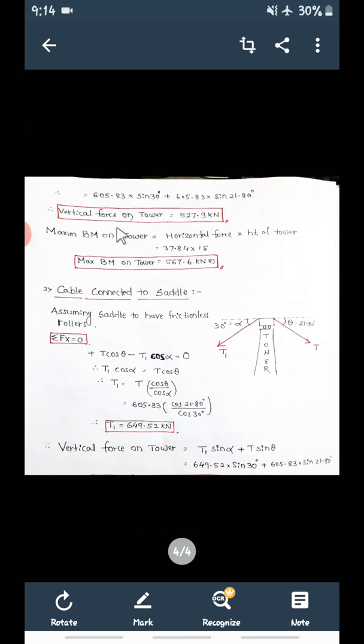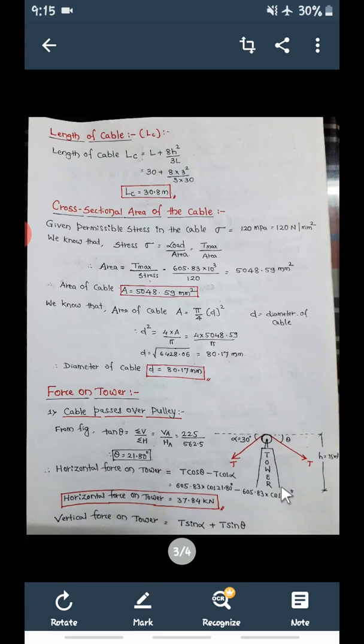Substitute the values of theta and alpha again. The vertical force on the tower you will get is 527.9 kilonewton. So in the first condition, both the horizontal force and the vertical force are there on the tower. Then one more thing will be there, that is the maximum bending moment. The maximum bending moment on the tower is, at this point now, equal to